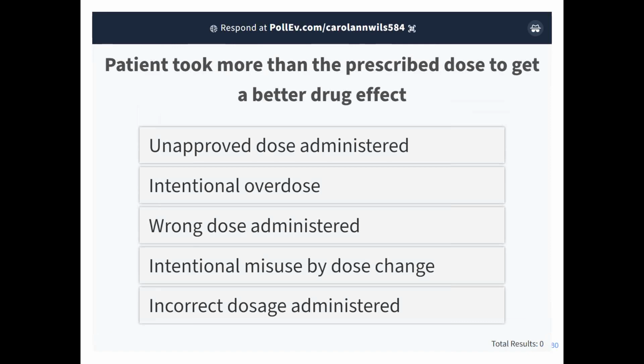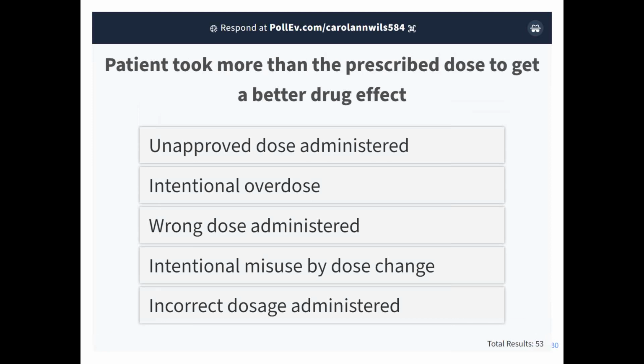So your turn again. Which LLT would you select here? Unapproved dose administered, intentional overdose, wrong dose administered, intentional misuse by dose change, incorrect dosage administered. What would you do?